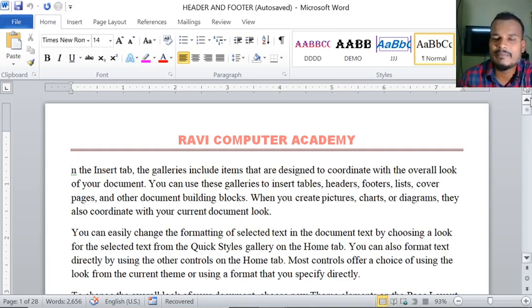So how will it come? For each and every page I would have to type Ravi Computer Academy like this. If I do like that, it takes much time. That's why, whatever text you want at the top of the page, just give it in the first page, in the header. It automatically repeats for every page